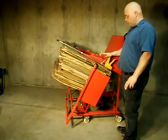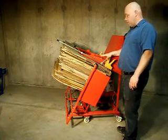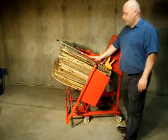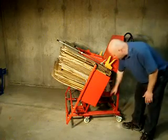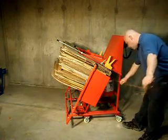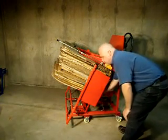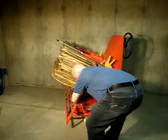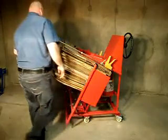Okay, now what you want to make sure to do is make sure that your bar is fully extended. Ours is already fully extended. We showed you this at the beginning of the video. Now grab your twine and loop it down. Make sure you go down here. There's a catcher here, and you don't want it to be in the catcher, because then it'll just be on the metal. You bring it up here,